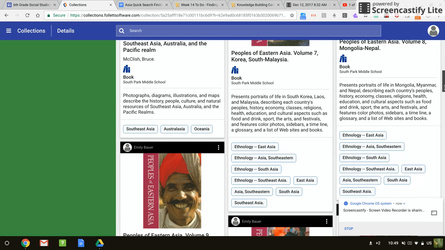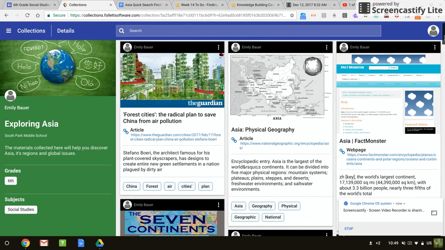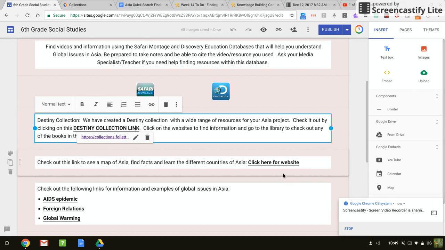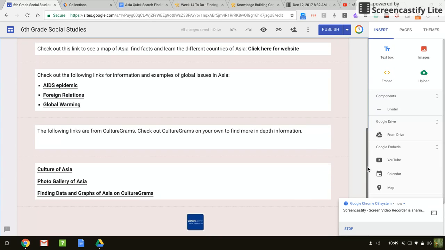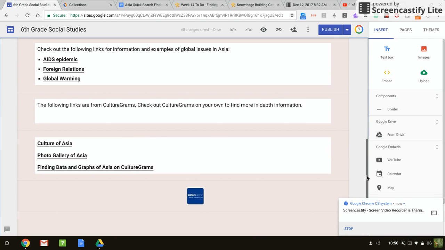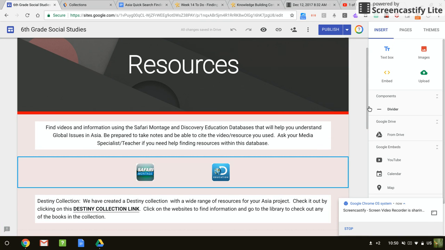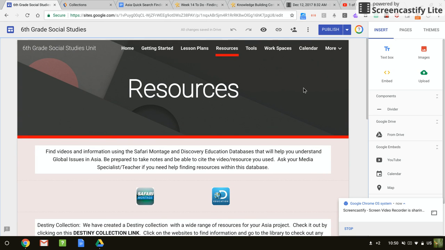Another media specialist in the district introduced this to me, and it opens up many doors for me as far as helping out teachers, coaching teachers, and being able to give them information. So I'm really excited to be able to offer that collection. I also found some websites and some specific articles that I wanted to put on there that the students could explore. And for databases, I put on Safari Montage, Destiny Discover, and Culturegrams for them to be able to find more information.